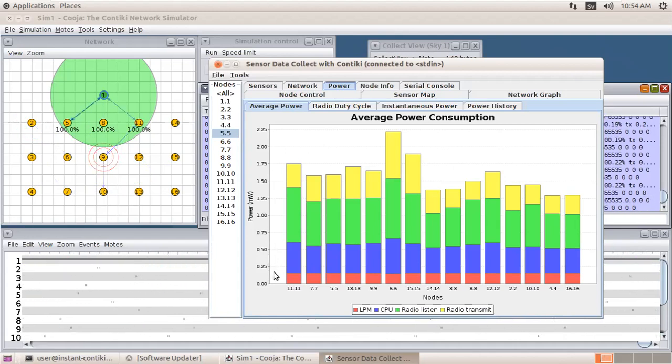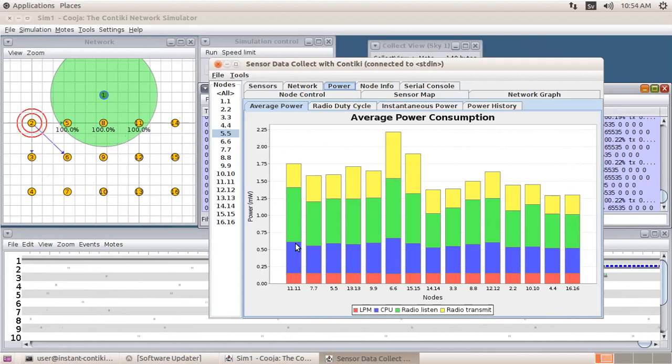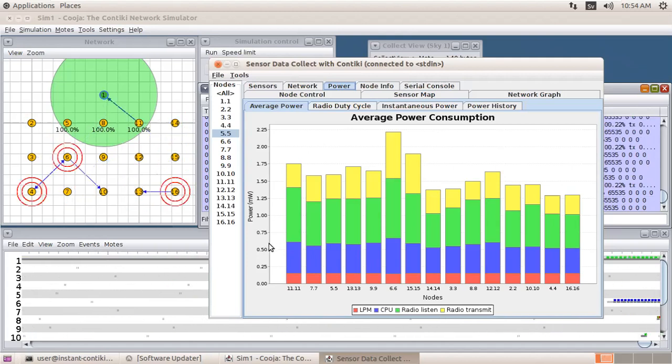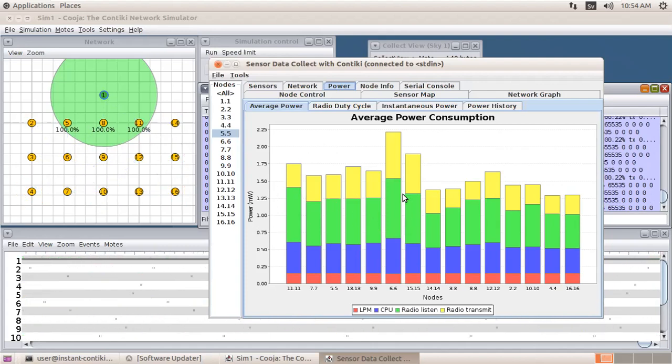As you can see over here, it starts from here, so it is not consuming more than 0.75 milliwatt. But in the case of radio listening, you can see it is consuming more than 1, more than 1.5 and so on, whereas radio transmission is also consuming, and more of the energy is consumed in the case of radio listening.